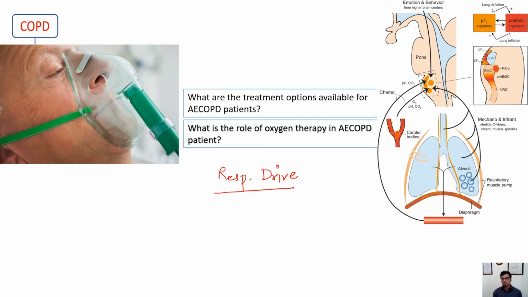And what happens when you give oxygen? This CO2 is washed out, and when CO2 is washed out, then what happens? The patient goes to apnea. They have carbon dioxide on the higher range. Up to, you can say, 60 to 70 PaCO2 is actually normal in case of chronic obstructive pulmonary disease patients. They no longer respond to stimulus of up to CO2 of 70.